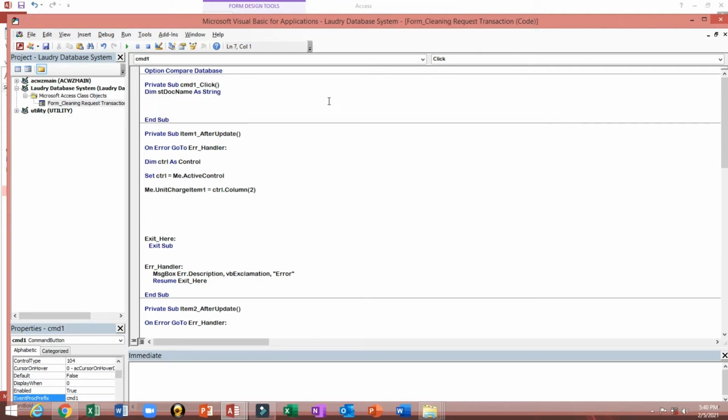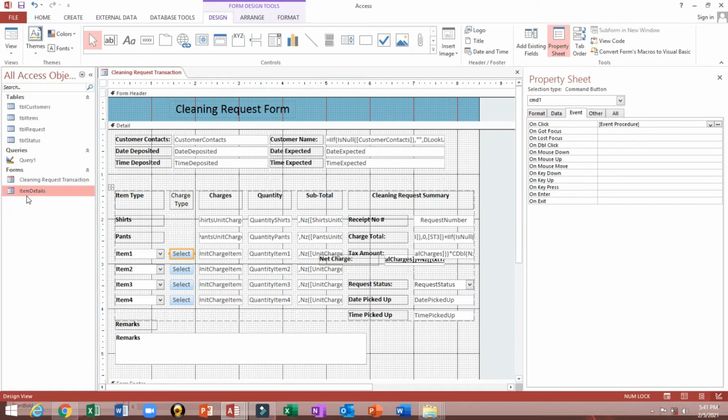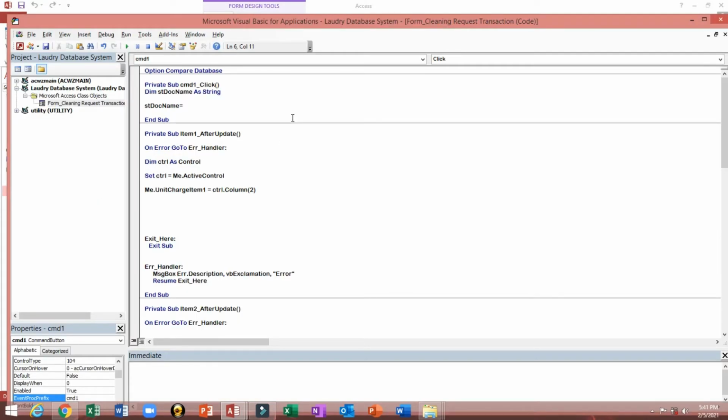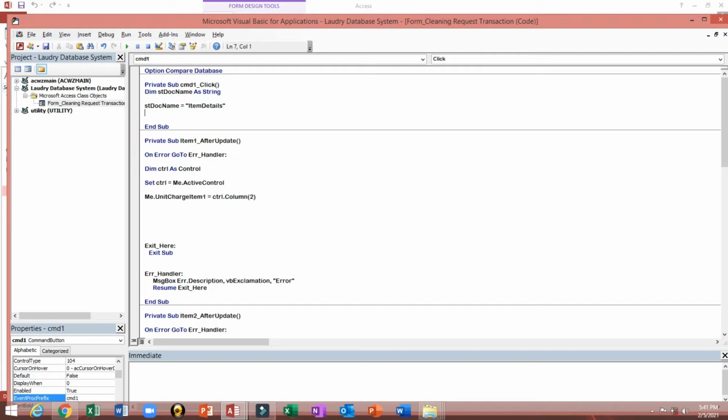Then I will copy stDocName equal, so our form which is Item Details. So double quote Item Details, then